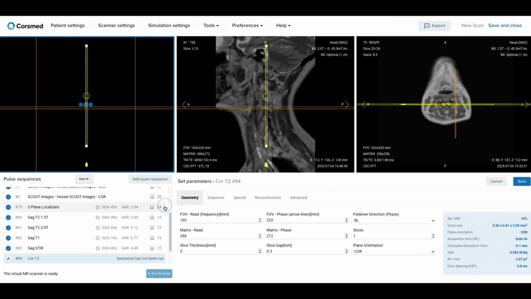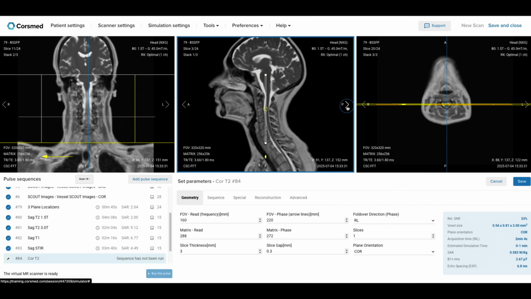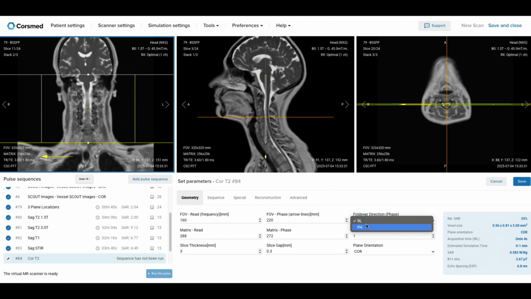I'll bring them back into our viewports. Let's scroll again to the middle slice in the coronal and sagittal views. Now the shape of our field of view is still rectangular. And to avoid flow artifacts, we must again set the fold-over direction foot to head as we did in the